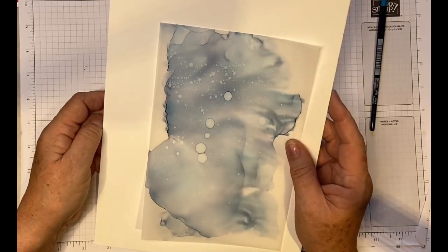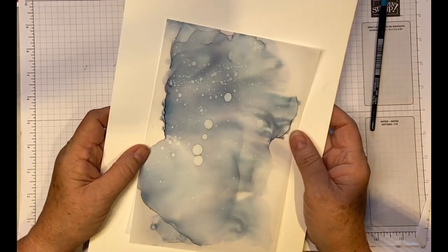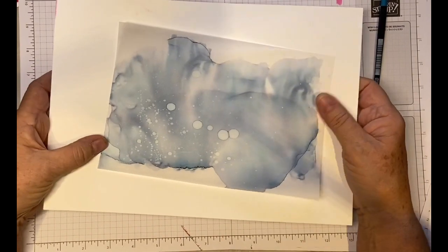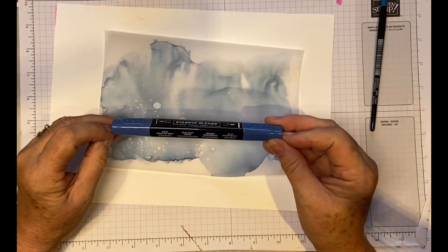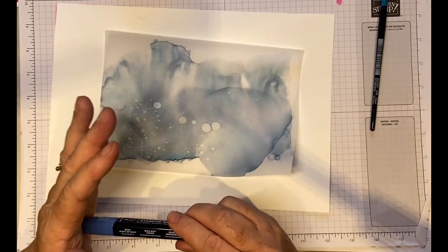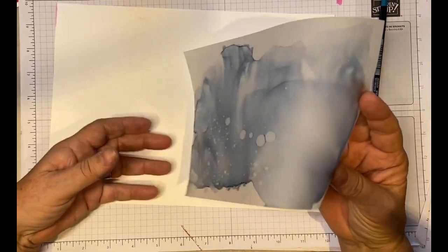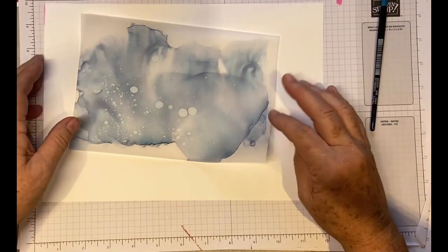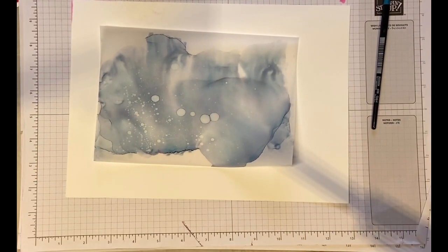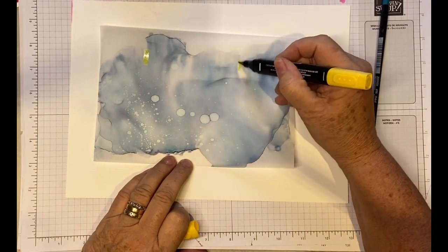I'm going to show you how to add a little bit of colour. You can use two colours on the vellum to start with. You don't just have to use one. But if you wanted to add another colour in after it's dried, you can. You can actually see the pink in this blue. I'm using the dark Night of Navy, and it's the only blue where the red comes out, because the next colour after this is purple, and to make purple I'm going to use red and blue together. So there's a little bit of red in this, and it's lovely because it makes the sky look really nice. So I'm going to grab Dark Daffodil Light, only just to add